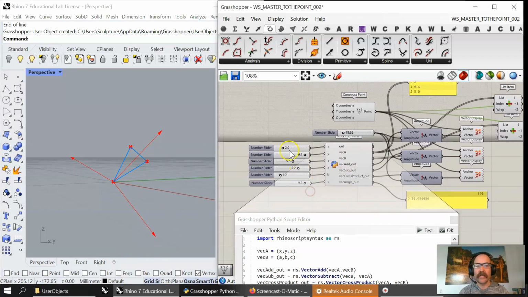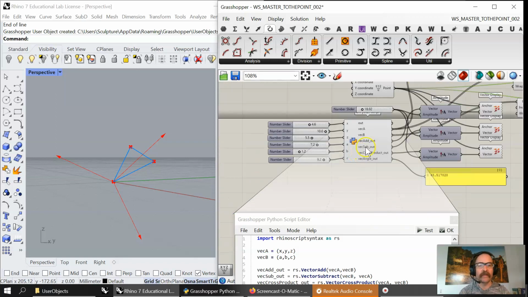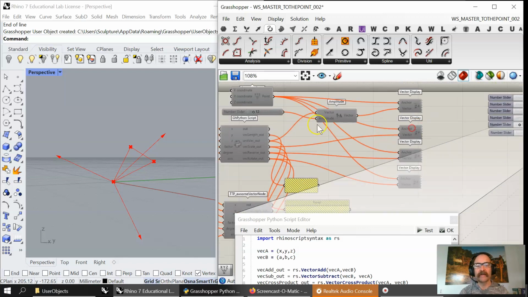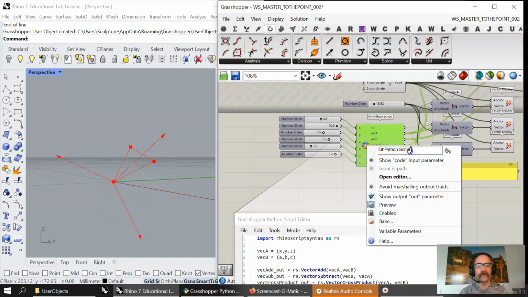and how I can change those with the XYZ coordinates to move those, and how the vector addition, the vector subtraction, and the cross product and the total angle between them is all readable as I do that. So you end up having a post and pre-Grasshopper things happening in your node, but the node itself is, what did I call this one? Vector add. I think I gave this one a name. We called this one something, awesome vector node,